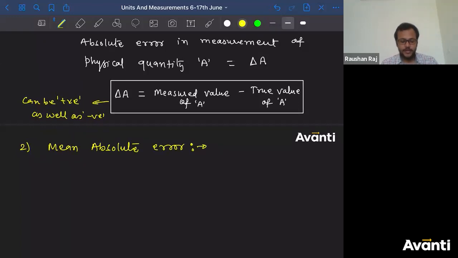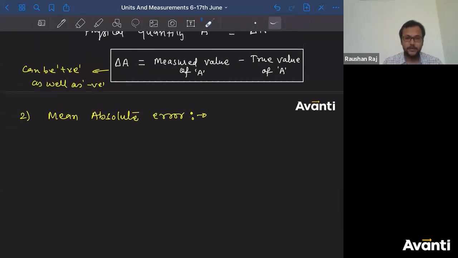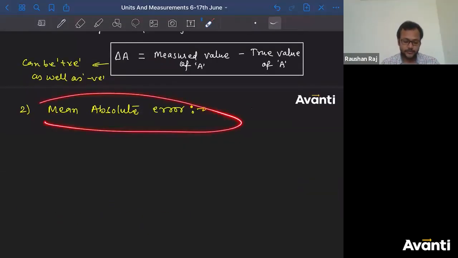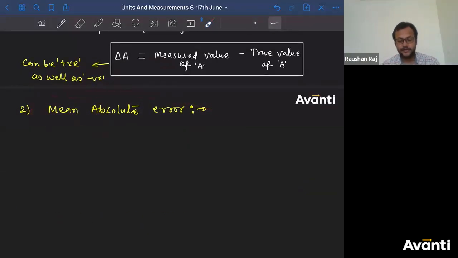All right. Now tell me, what is mean absolute error and why do we need this? When I have understood what is absolute error, why do we need mean absolute error? Why do we need to calculate the mean part? Tell me, guys, what is the reason? Why do we need to study the mean of error or mean absolute error? You can write this as MAE in short.